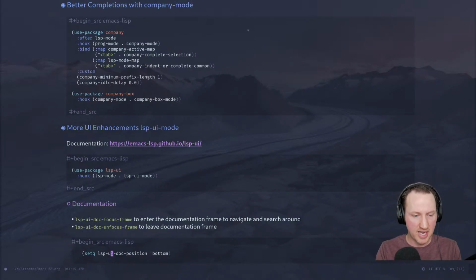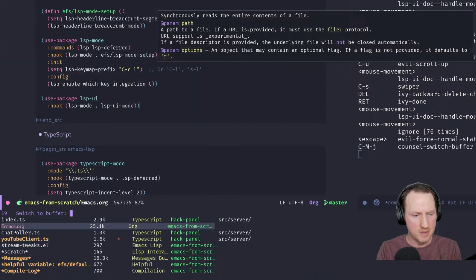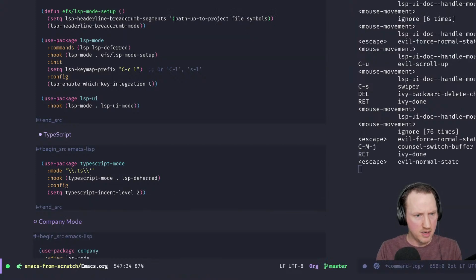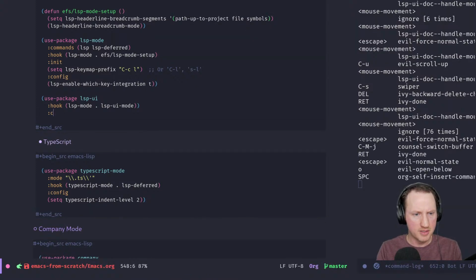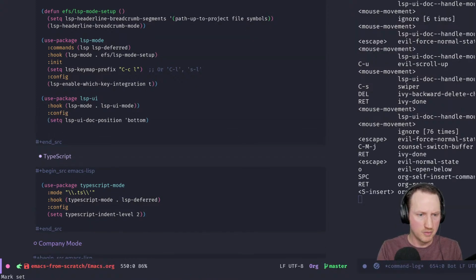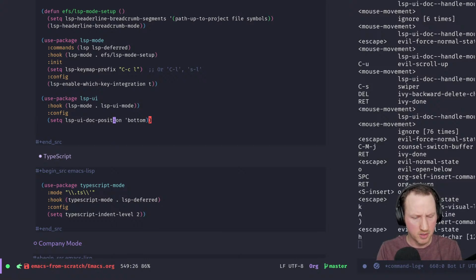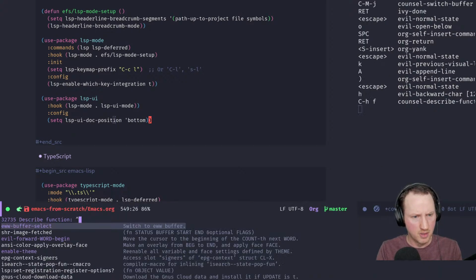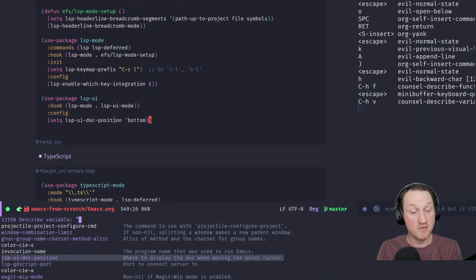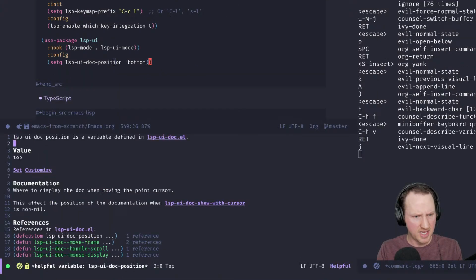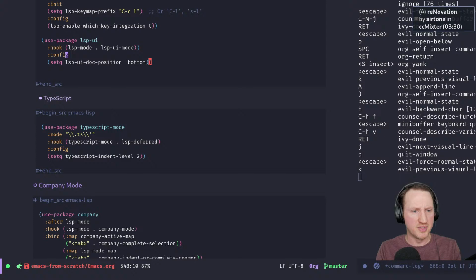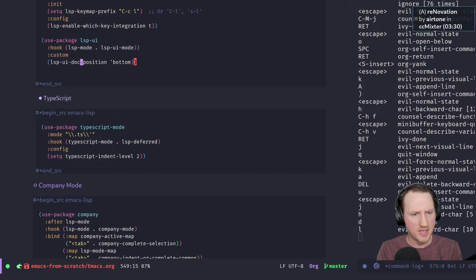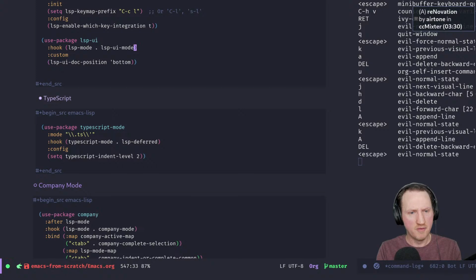I'm going to use this LSP UI doc position in my configuration for LSP UI. So config, and I'll drop that in here. This may actually be a custom variable. Let's see. I'm going to go Control-H-F to look this up. No, Control-H-V, sorry. And it says this is a def custom, so I'm going to put this in the custom section instead. So here I'm going to say LSP UI doc position bottom, and I'll fix the parentheses,